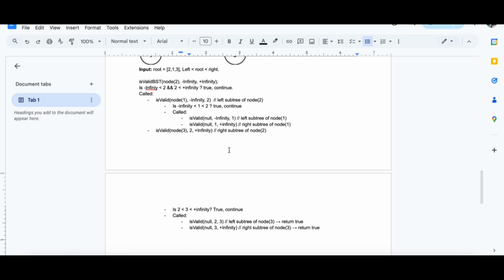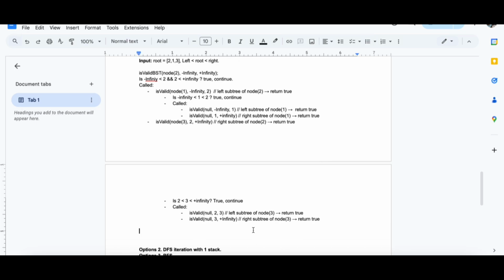So this will return true, this also true, this returns true. Because left and right for this are true, this will return true as well. So the final decision is true, right?